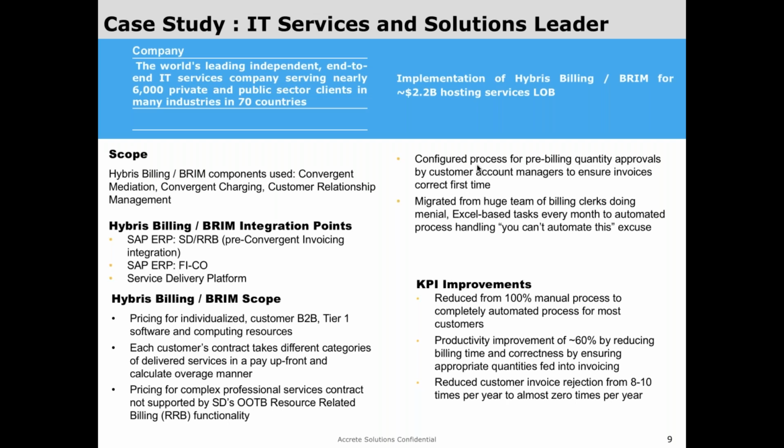The last bullet there talks about the fact that we had a lot of invoice rejection prior to the implementation of BRIM. Because bills would go to the customers, they'd look at them and say, no, we didn't do this, we didn't do that. They would run their own reports on their systems to determine that things were incorrectly processed, and then my customer would have to go back and reissue the invoice based upon recalculations in Excel. And what that actually caused was problems with their SEC